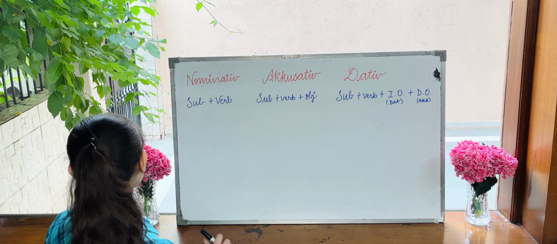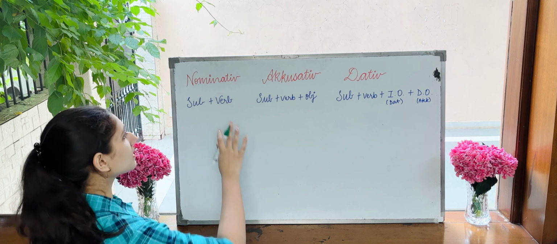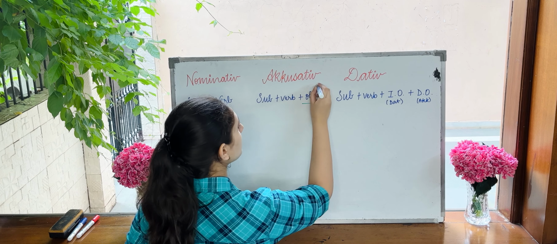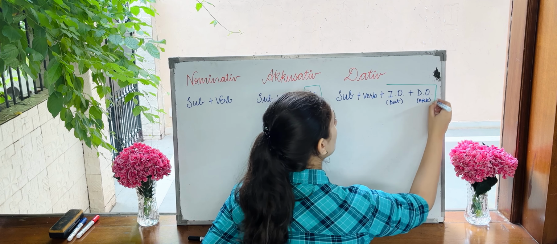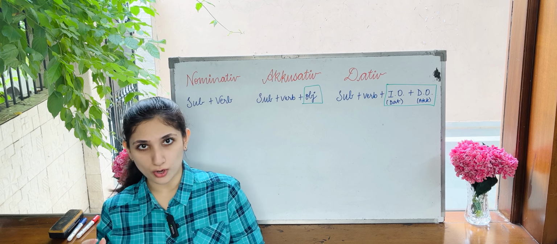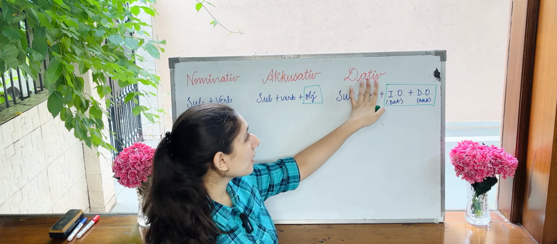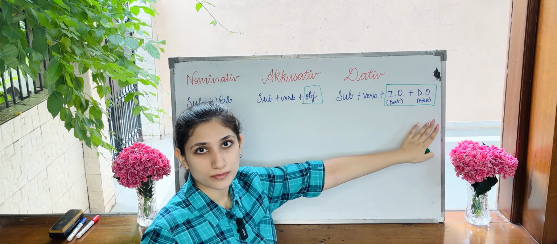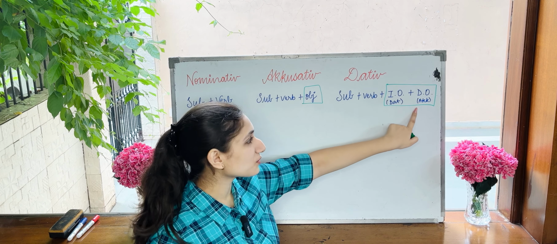Now, clearly, we can see a basic difference. One thing these three have in common is subject and verb. But what makes accusative different is that it has an object. Dative has two objects. It's not necessary for dative sentences to always have two objects; it depends on the kind of sentence. But if we take the usual, the two objects, the indirect object is usually dative and the direct object is usually accusative.